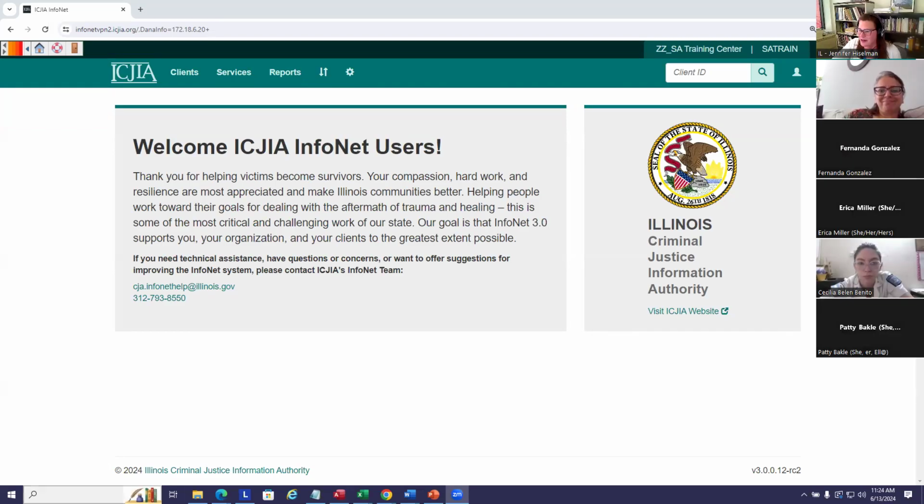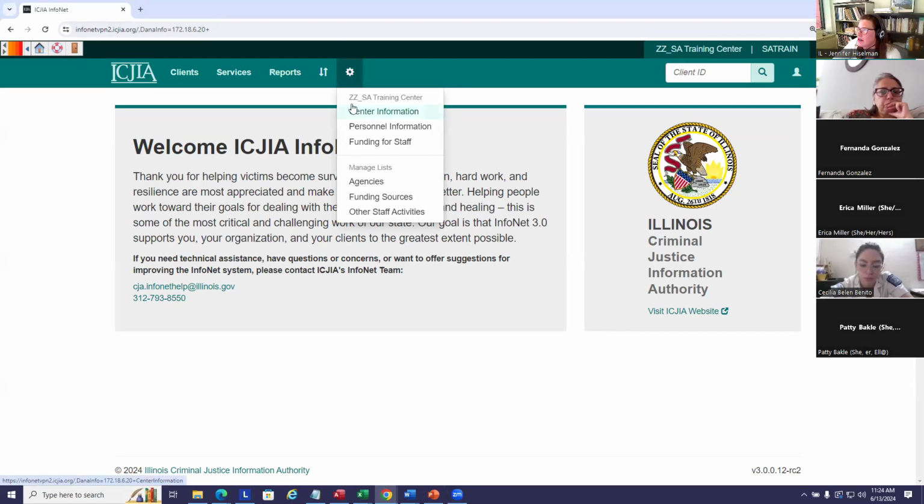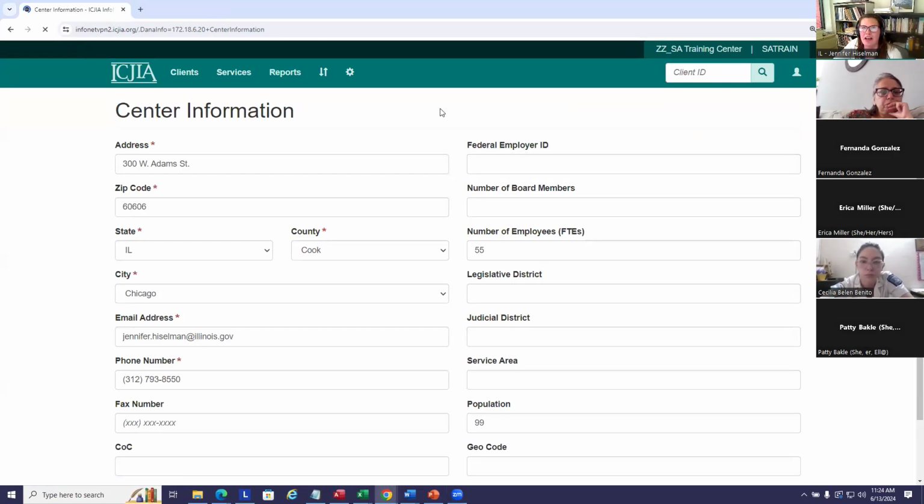Okay, so again, we're going to go over first the administrative functions in InfoNet. The first one I'm going to take you to, and again, you want to click this settings symbol that looks like a round gear, is center information. You probably won't need to go here very often. It is just basic organization about your center,